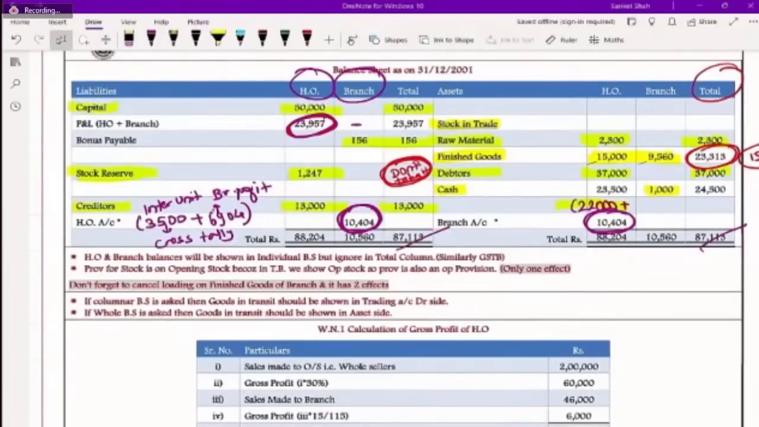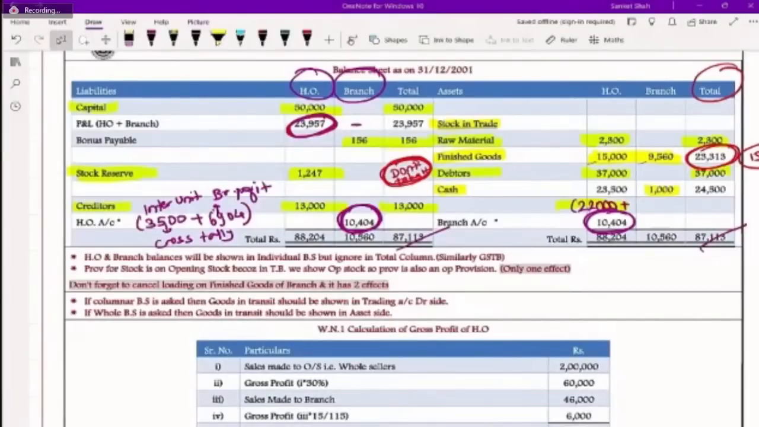But from 1247 we will deduct 1,200 to get 47 as a balancing figure, because opening stock loading has only one effect and closing stock loading has two effects. Then we do the posting part. Remember some points: we never take a total of that GSTB. Then stock reserve we are not taking in the total, but we deduct it from the stock, that 1247,